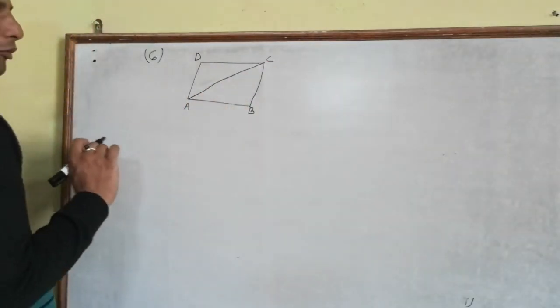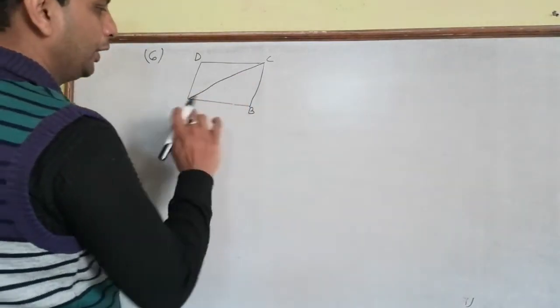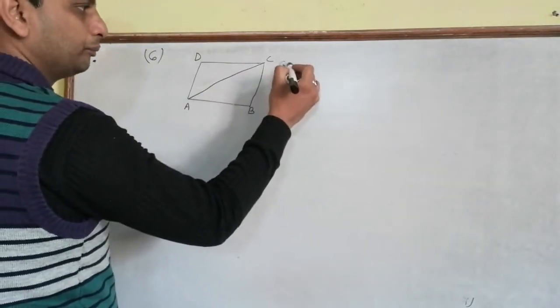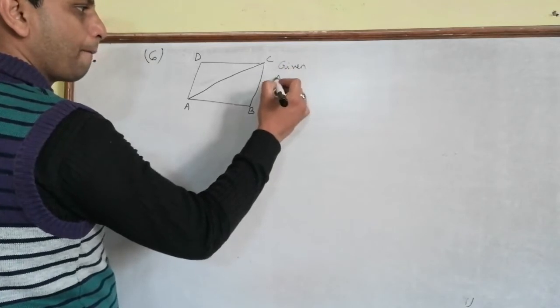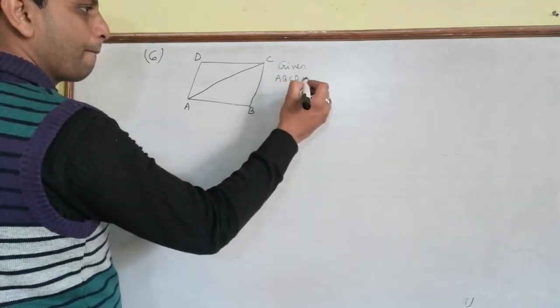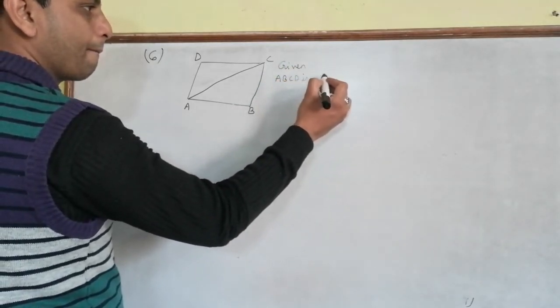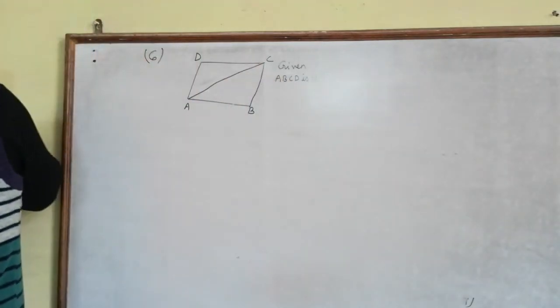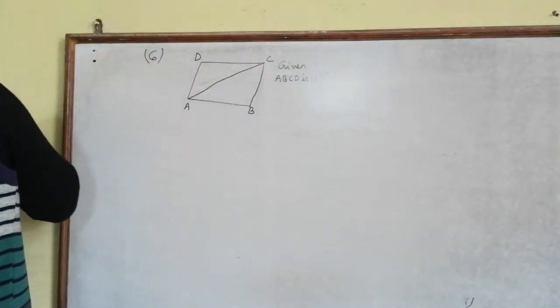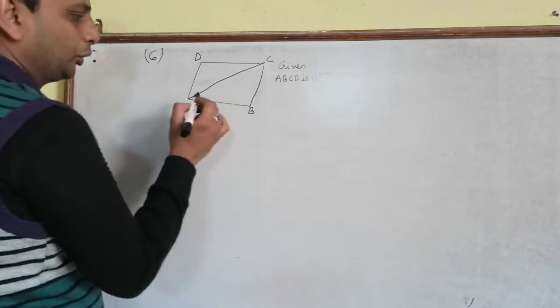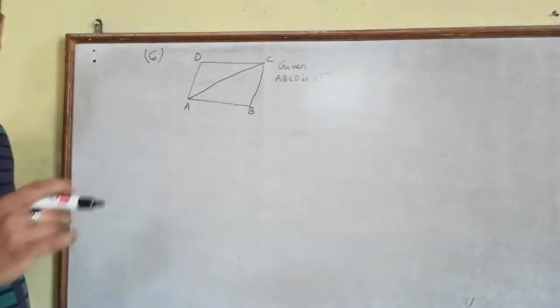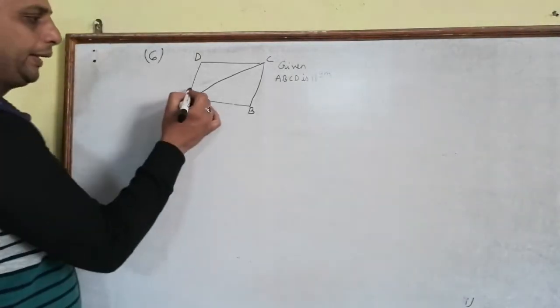This is the parallelogram ABCD given. It is given in the question that ABCD is a parallelogram, and along with that it is given that AC bisects angle A. So it bisects angle A means it divides angle A into two equal parts. So we can write here one part is the